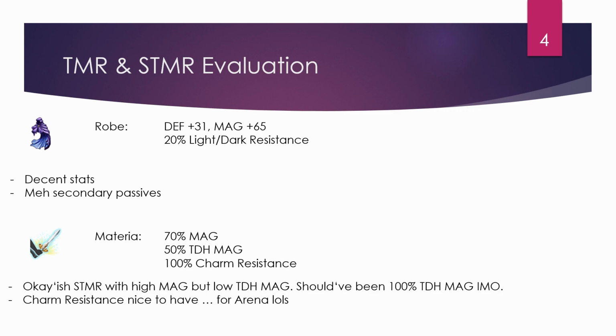The Super Trustmaster is a materia with 70% magic on it and 50% true double hand magic, 100% charm resistance as well. I'd say this is only an okay-ish Super Trustmaster. I would have much rather preferred they took away the charm resistance and gave her 100% true double hand magic. That would have made things a lot easier. We wouldn't need Powers' STMR if we went for a build that does not require her Trustmaster, Super Trustmaster, and yeah, it just...